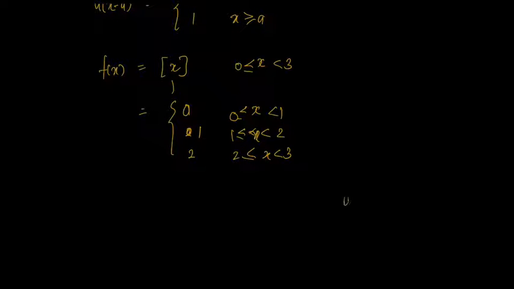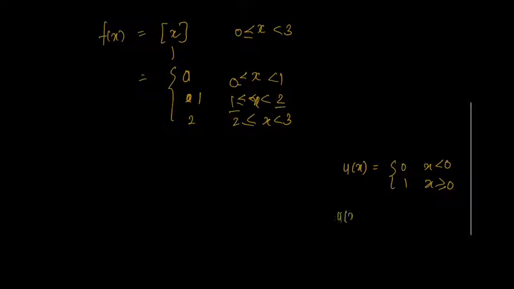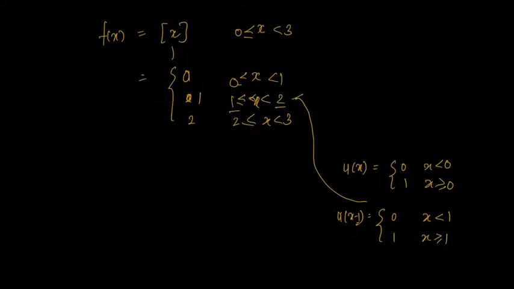So now we know that u of x gives us value 0 for x less than 0 and 1 for x greater than or equal to 0. So we need value 1 when x is between 1 and 2. So we'll use u of x minus 1, since we have x minus 1 here. By the property of the unit function, it will give value 0 for x less than 1 and 1 for x greater than or equal to 1, which satisfies our condition. So the first term of our f of x will be u of x minus 1.